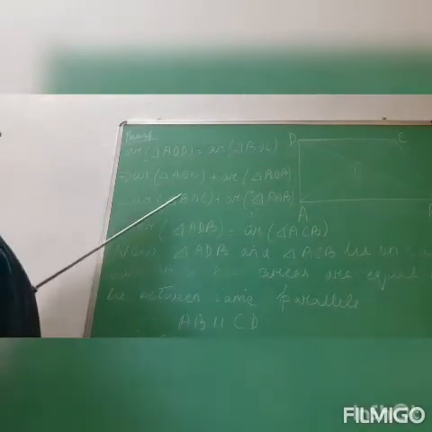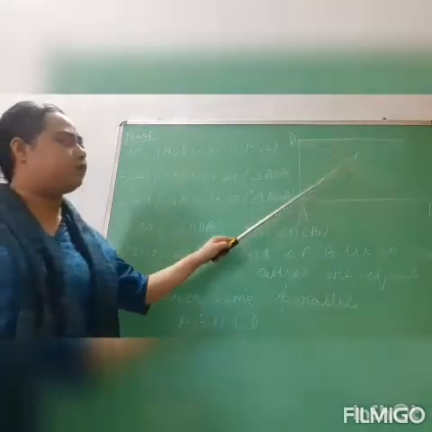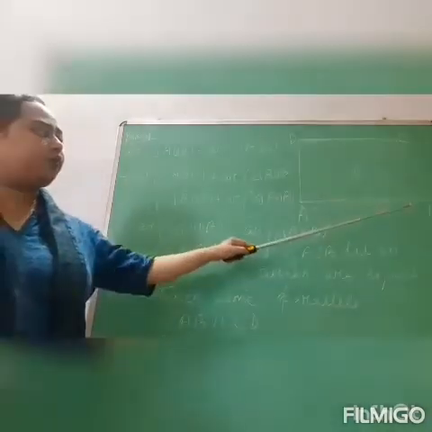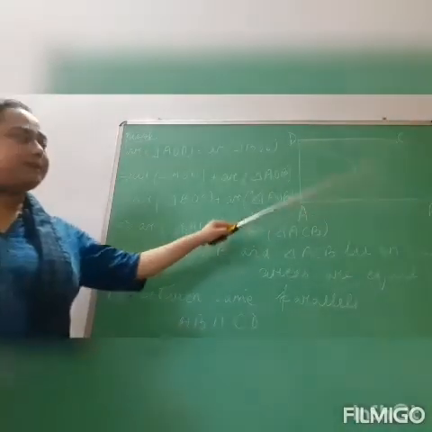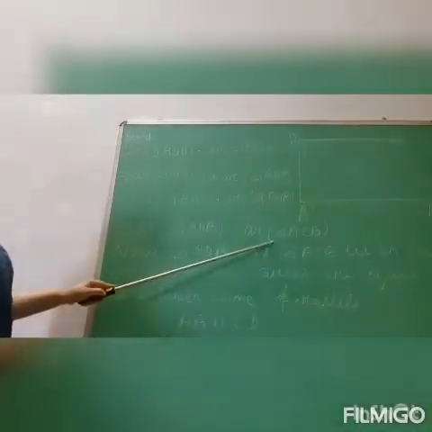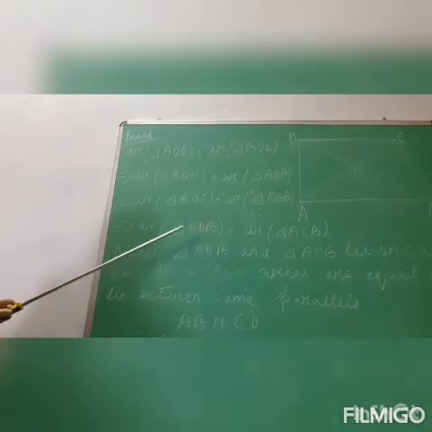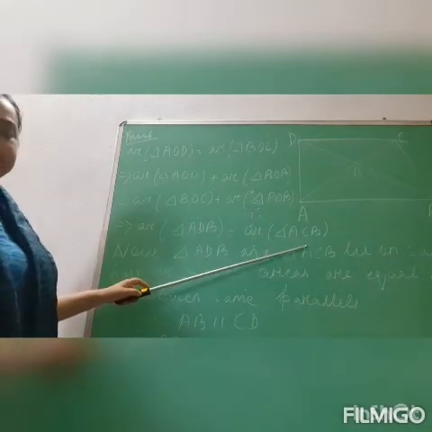Similarly, if I add the area of triangle BOC and the area of triangle AOB, I will get this triangle ABC or ACB. So I have written here area of triangle ACB. See here, area of ADB is equal to area of triangle ACB.